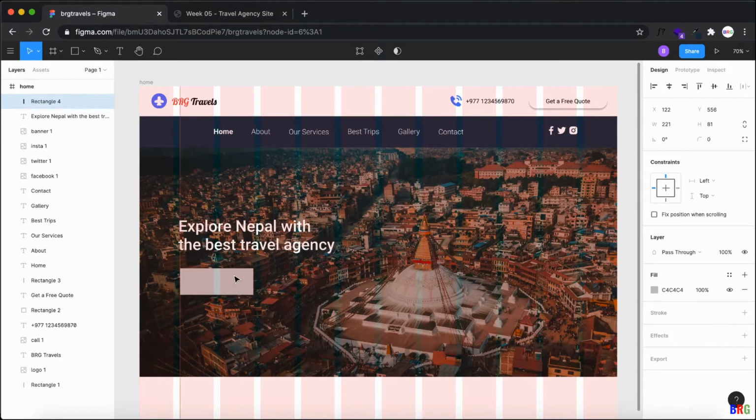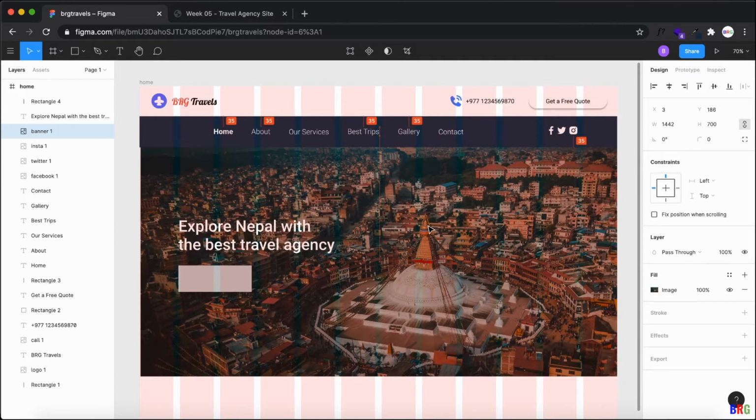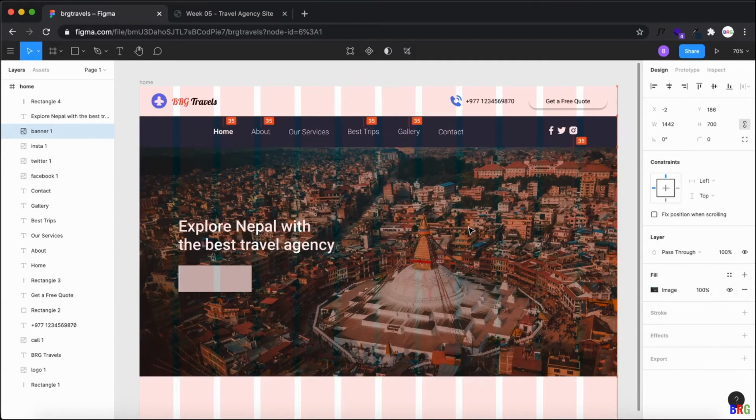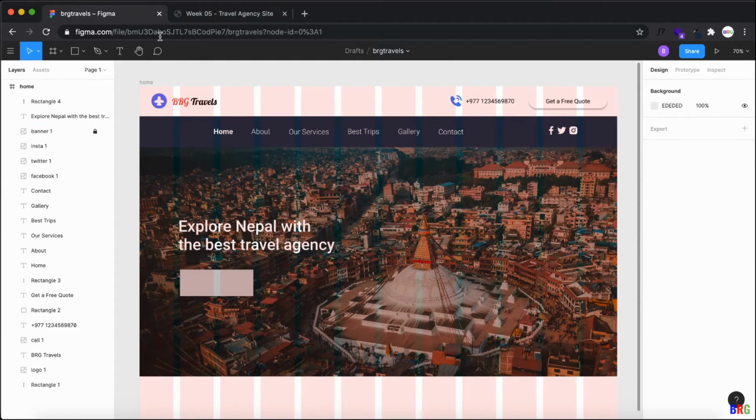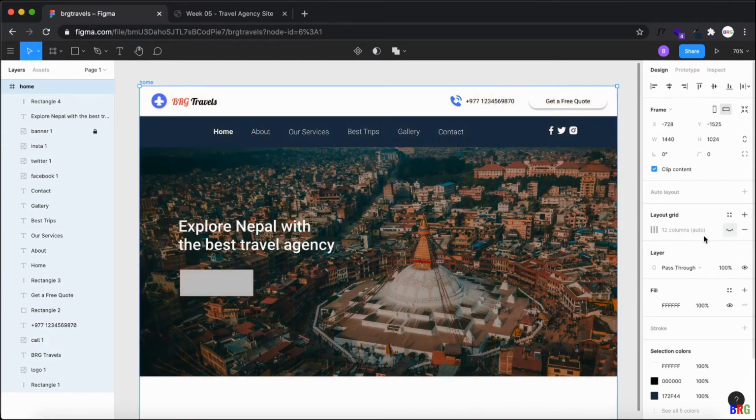You can see it's coming this way. To lock this so that it doesn't move here and there, you can basically lock the banner, okay, then this will not move, only this will move. Now it's on the same line, okay. And then just switch off the grid layout.